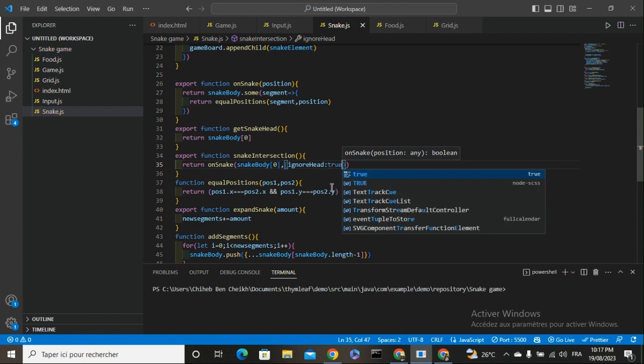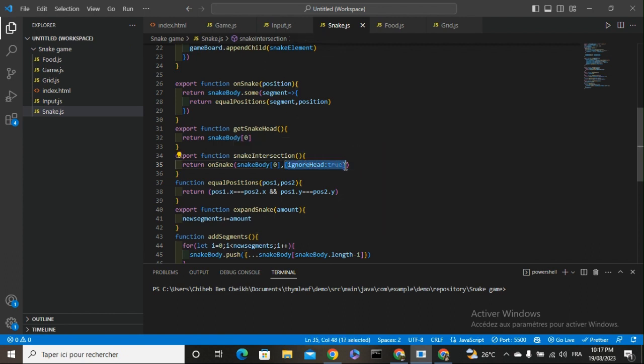And we will go into our onSnake function, and I will copy this, and I will go here, add comma, then paste this, then it will be false here, if any parameter is not passed,